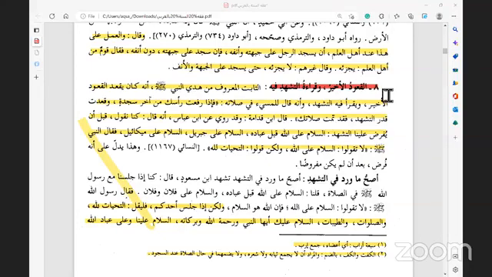So the last one, remember, the one that you do in the second rak'ah, if you leave that purposely, then you have to redo your salah. But if you forget it, you do sujood as-sahw. But the last one, in the last rak'ah, you have to do it. It's obligatory. The Prophet ﷺ even used to do that. And even for the man that made a mistake,